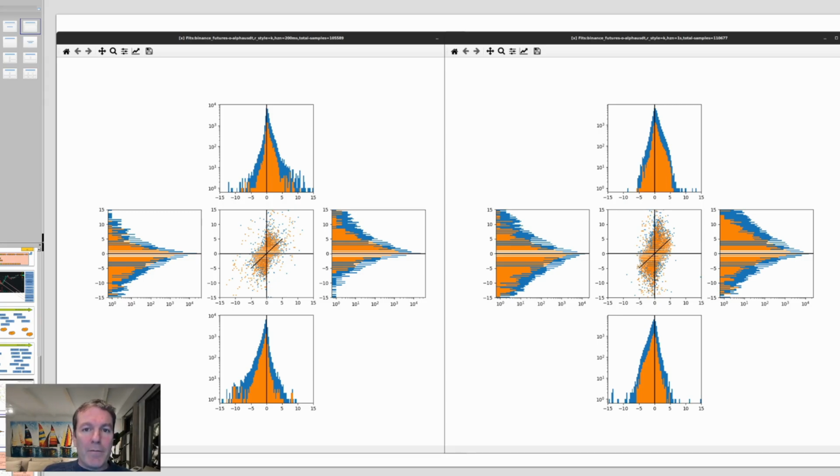Obviously, we're never going to be perfect. The closer it is to a squishy 45-degree blob, the better your prediction is going to be. These opposite quadrants here are where you're going to get the direction completely wrong. In this bottom right quadrant here, we're predicting the market's going to go up when actually the market went down, and vice versa. But you can see even for this signal, we're getting it right a lot more often than we're getting it wrong, especially if we just take into account the direction of the prediction, not necessarily the magnitude